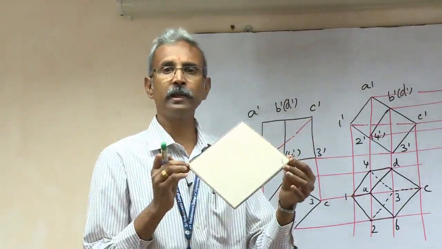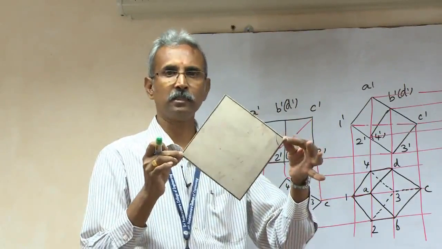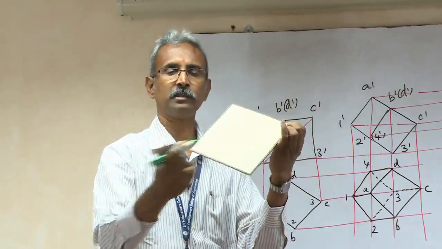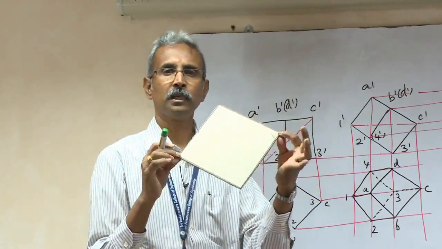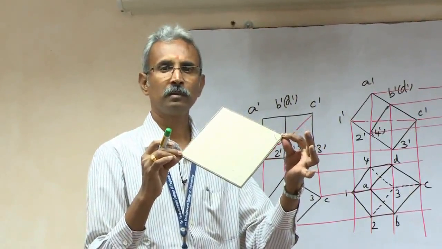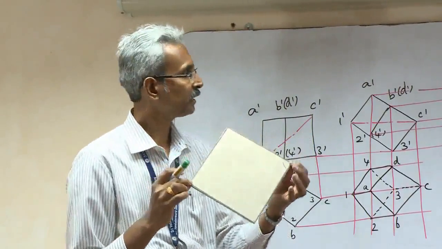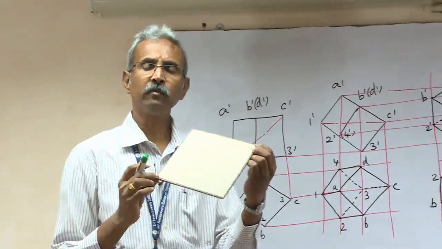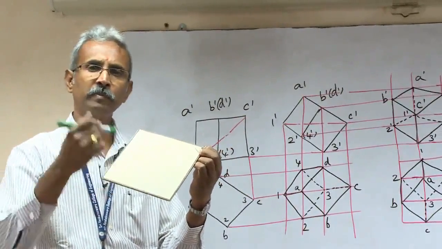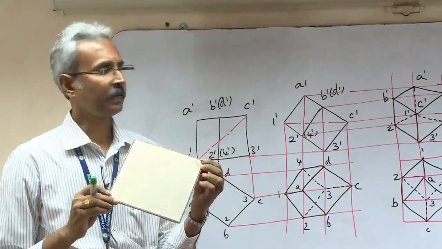And when I hold it like this along the solid diagonal, now it's like this. When I tilt it, when you see from the front, what will happen? This will not be a square. What will happen to the square? Right. So it will be now a rhombus. Right. So again, when you look at an object from an inclined angle, will you get the true length of it? Right. Say for example,